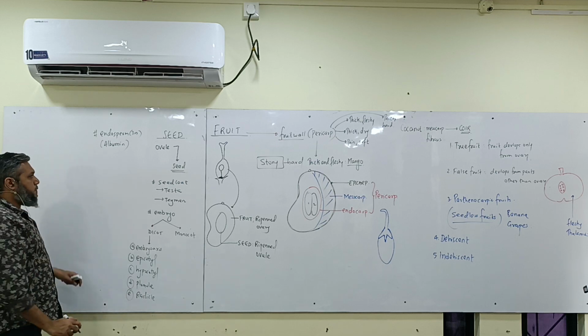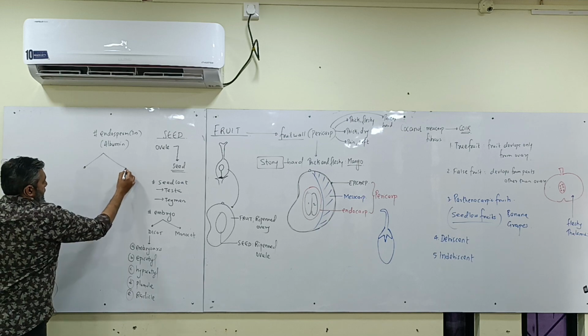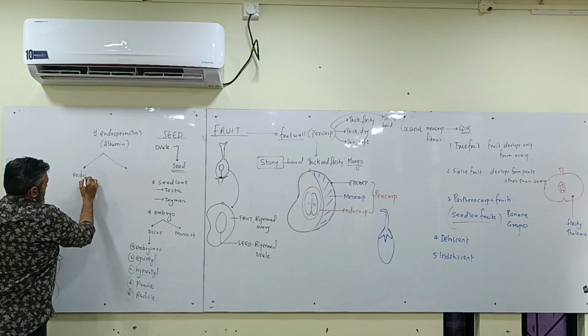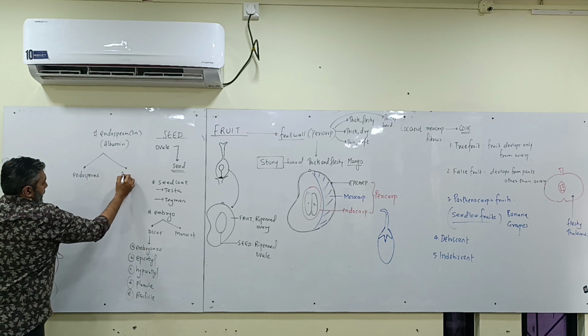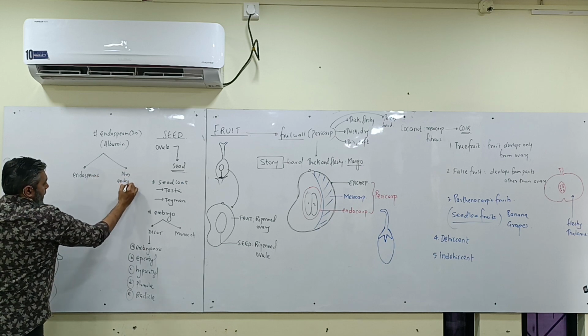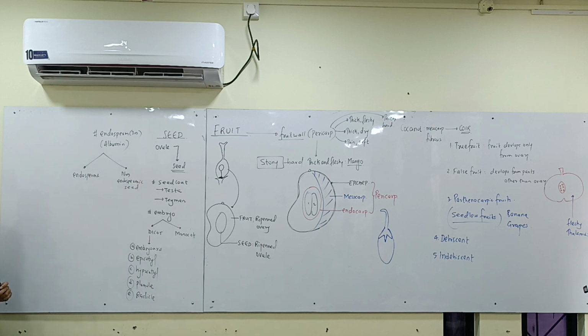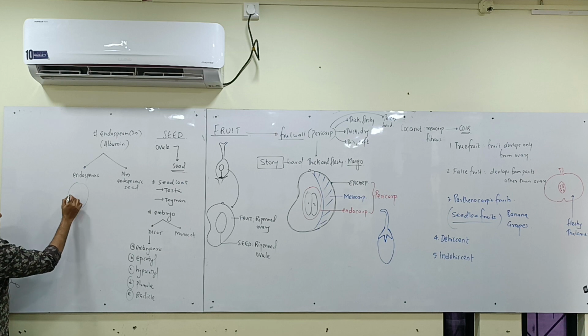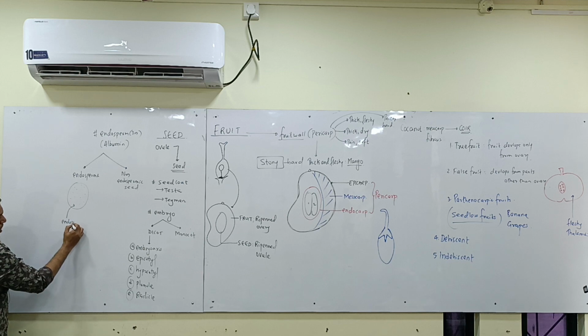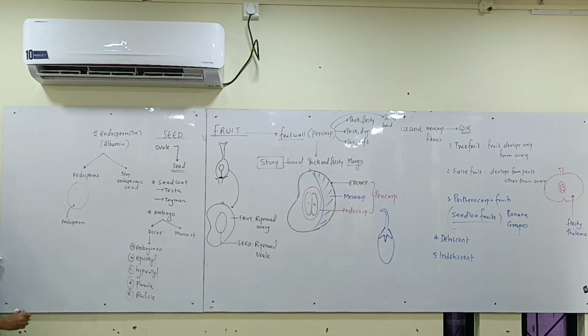Okay. Now there are two types of seeds which are classified as endospermic and non-endospermic seed. What are the two types? Endospermic seed and non-endospermic seed. Let us see. Endospermic seed. In an endospermic seed, the final seed will show the presence of an endosperm. So the endosperm is fleshy,